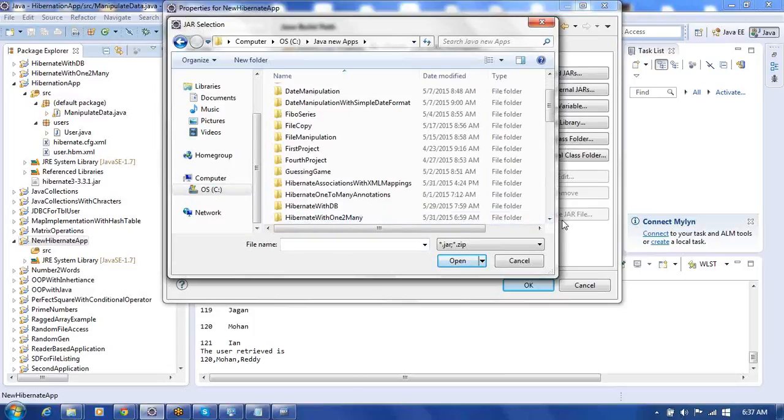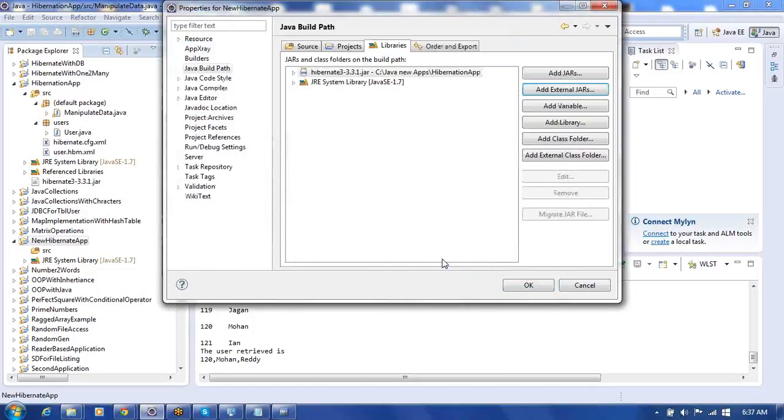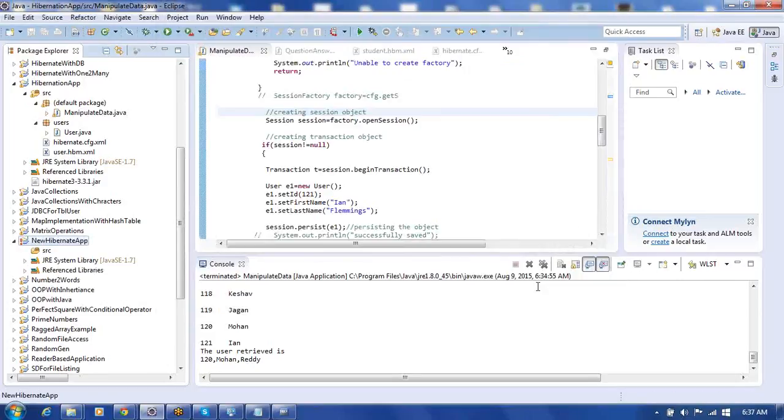Okay, Hibernate application. Let us try to put it here, open. Okay, the reference to the library is added here. Now, followed by this, let us create here